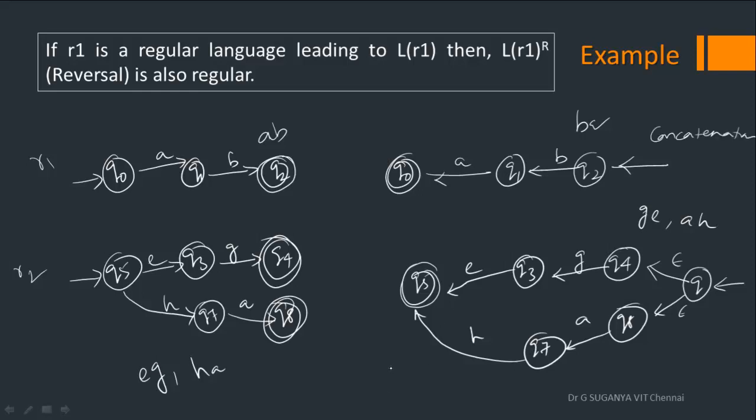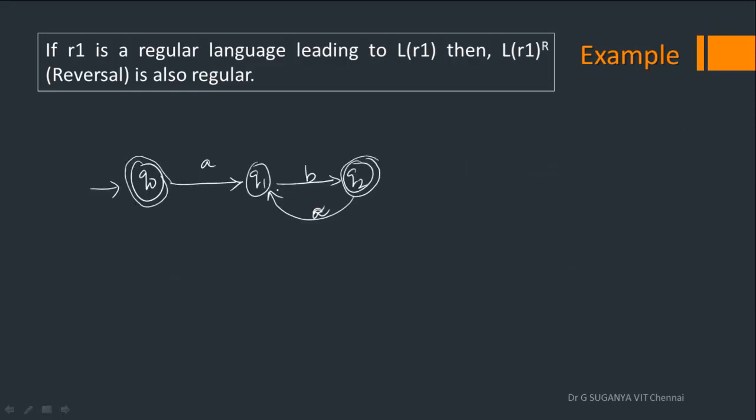This is identifying reversal on union operation. So how do we do it for a Kleene closure operation? Consider this DFA. What is the language of this DFA? It is epsilon, since the start state becomes the final state. And then you have AB as the minimal length string, then ABAB, ABABAB, and so on. So this is nothing but (AB)*, the application of Kleene closure.